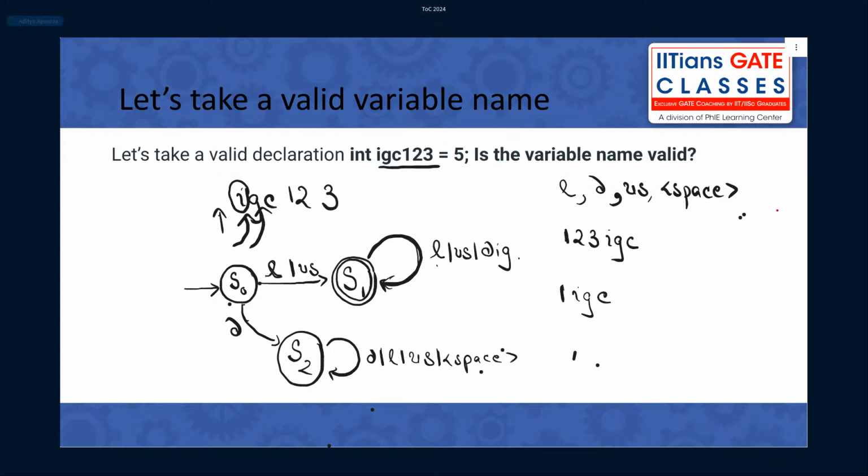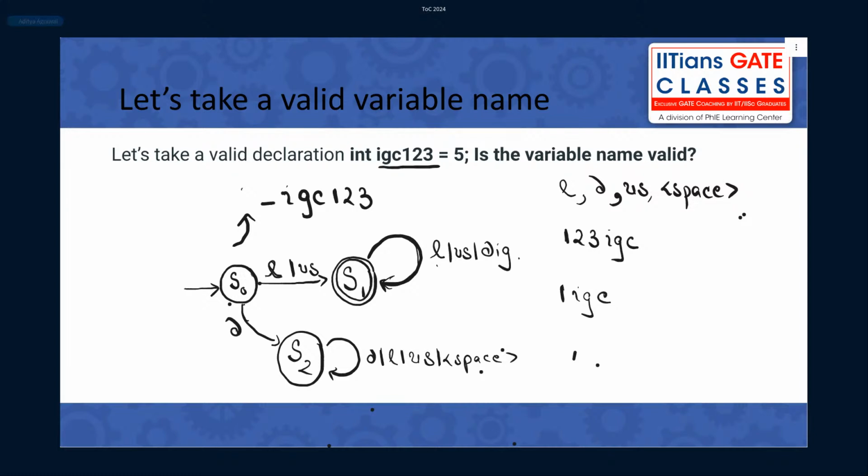Now, you want me to run this machine on an example string? So let's run it on some example strings for you to gain more clarity. Let's say this is the string: IGC123, and it starts with an underscore.